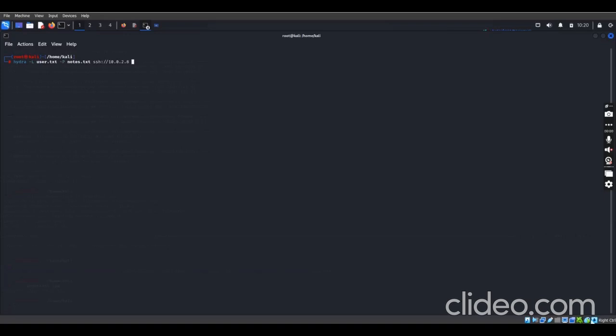We already put in the username, the user text file, and the password which we saw in the website. Let's see if we can get the username and password by brute forcing the login page. Remember, we are getting the password for the SSH terminal. If we are able to get the username and password, we'll be able to log into the SSH and then into the server itself. So let's go.